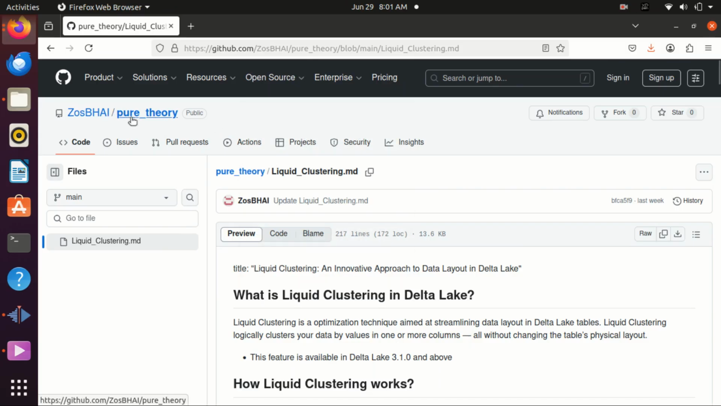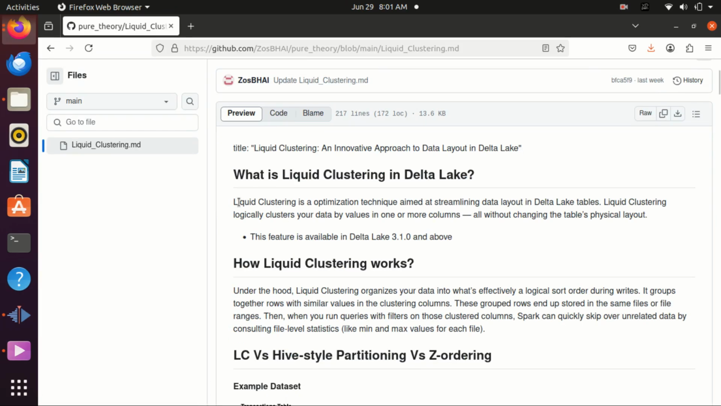Let us start by understanding what liquid clustering is about. Liquid clustering is an optimization technique that was introduced by Databricks on Delta Lake tables. Liquid clustering logically clusters your data by values in one or more columns, all without changing the physical layout. This feature is available in Delta Lake